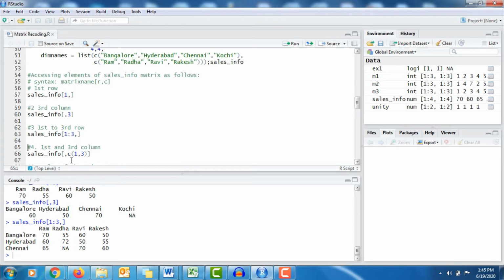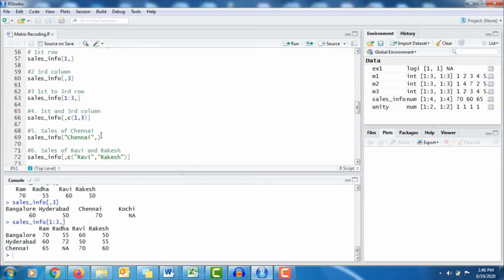Now in this one, first and third column values I have to access. So in that case, sales info, square bracket, comma, c function 1,3. It means discrete column positions I have to access.